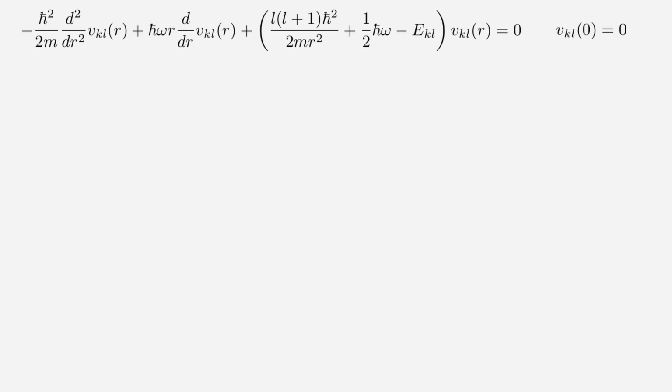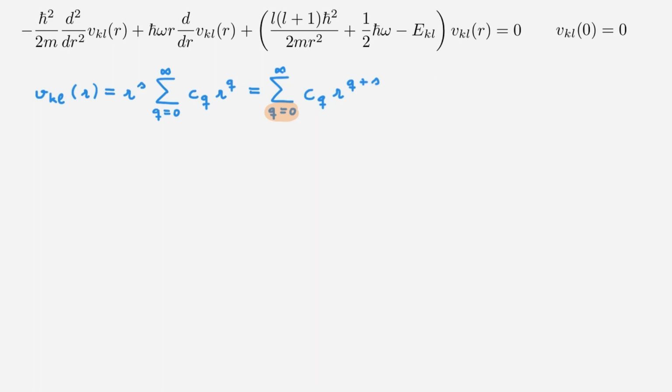And as we anticipated a few minutes ago, we are going to write v as a power series. We set it equal to r to the power s, and then a power series in r. We can also rewrite it by taking the r to the power s inside the sum. And note that we're starting the power series at q equals 0. What this means is that by definition, we choose c0 to be the lowest non-zero coefficient. Or to put it another way, as we insist that the q equals 0 term in this sum is non-zero, then the lowest power in the expansion is this s here. Of course, this choice will not affect the final answer,